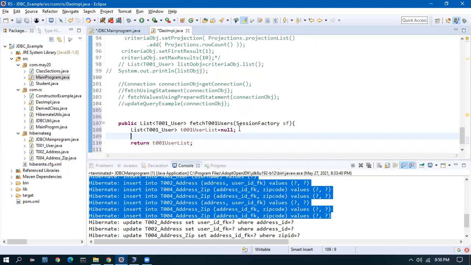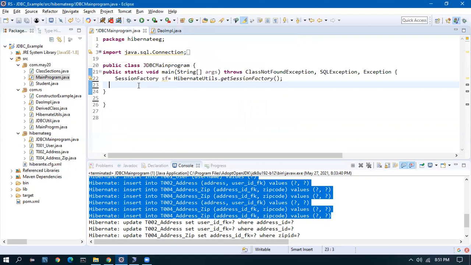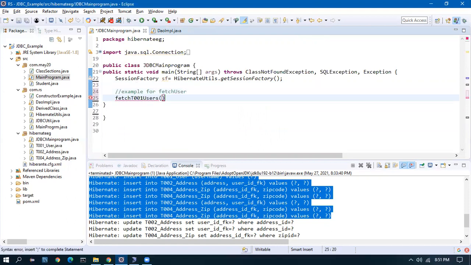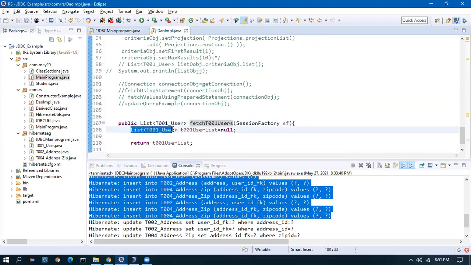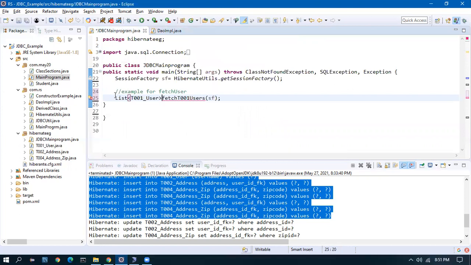Okay, so this is good, and I will call this method from the example for fetch user. I'll pass the SF and whatever has been returned, I have to get it back here as a T001 users list.